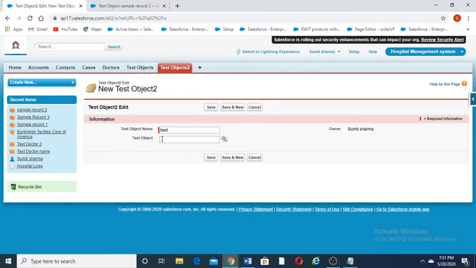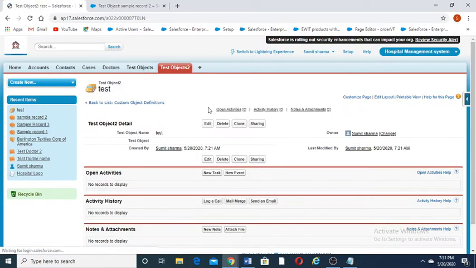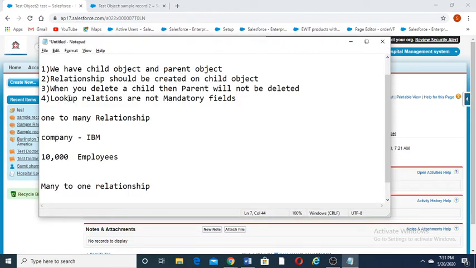It will not tell you that data should be present or that this should not be left blank. It will not give any kind of error; if we click save, it will directly save. So lookup relationship fields are not mandatory.